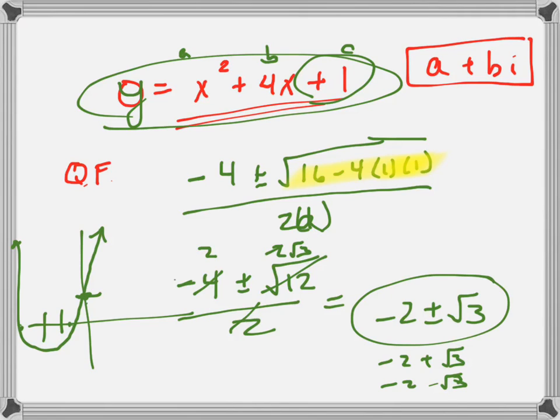Wait, why wouldn't you add negative 2 and root 3? Because root 3, I can't, that's just a decimal. So this is the exact way of writing it. Okay? Now, what happens if I have an equation like